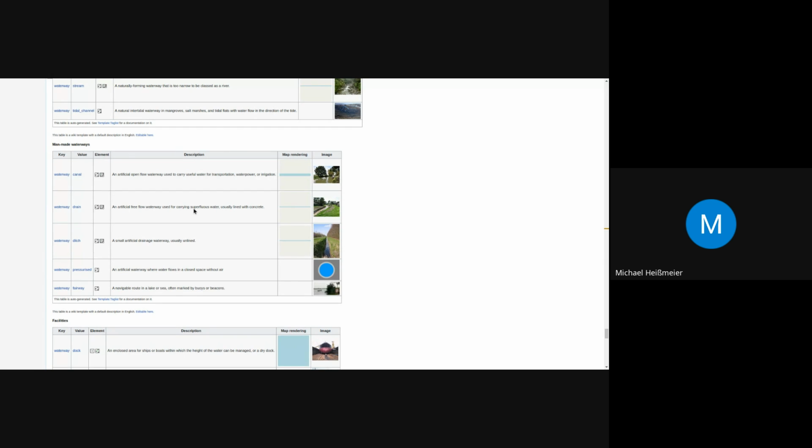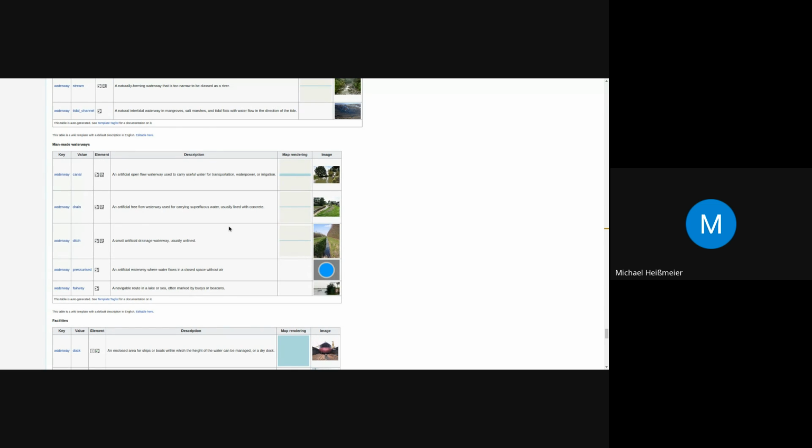The difference between drain and ditch, whether it's lined with concrete or not, might often be difficult to see from aerial imagery. But if in doubt, map it as a drain. That's not that important in our case.